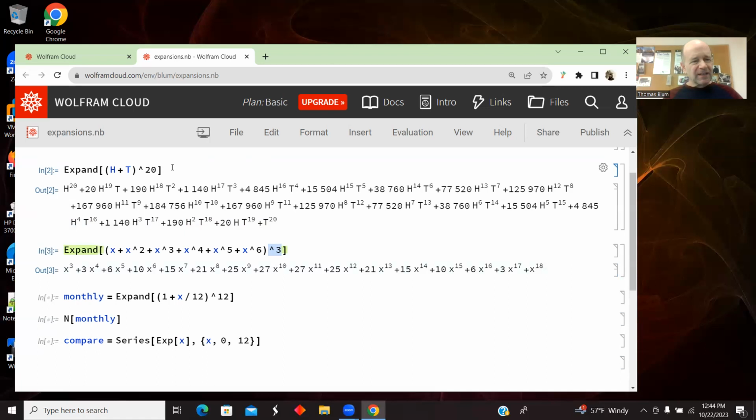Another nice thing, at least at this level, it has a nice separation of its functions, its methods, the things it does go with square brackets, and it reserves parentheses just for the grouping purpose. So in some other computer languages, you'll see parentheses playing double duty. There'll be a functional aspect of the parentheses and a grouping aspect of the parentheses, but Mathematica really separates them. Square brackets for function method type things, and